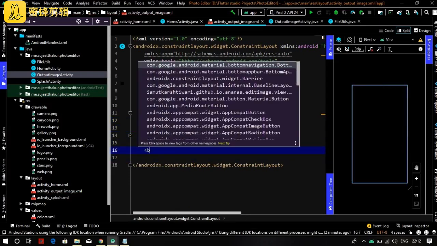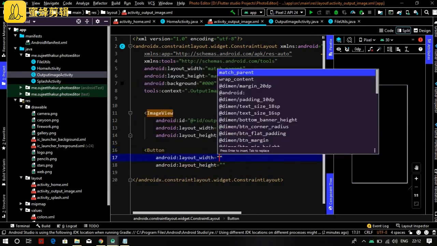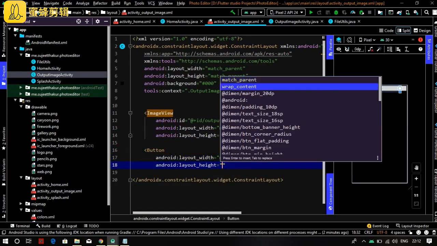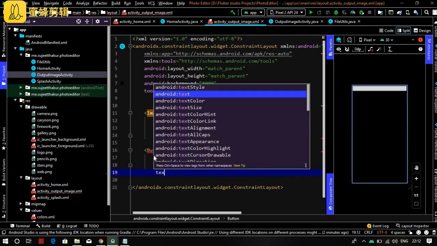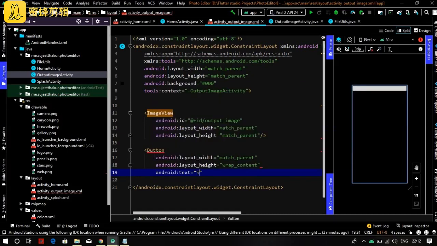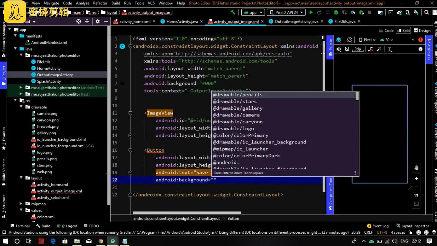Now add a button here. Its width is match parent and height is wrap content. For the text, add here save image. And for the background, add the color primary.